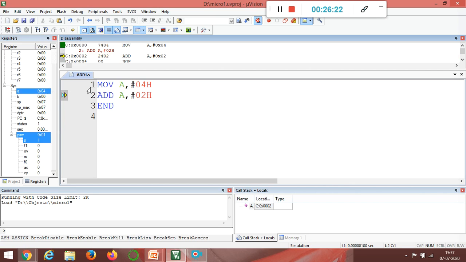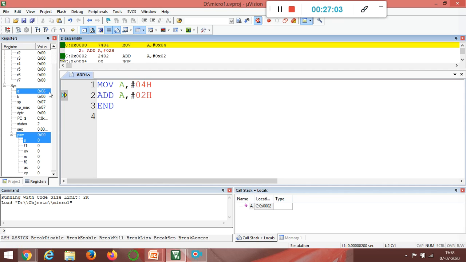So now you can see it has executed the first instruction. Before executing step-wise, the A value is 0. Now I press step, then the A value becomes 4. That is the output of the first instruction. Now when I press the second instruction, what will be my output? It is not equal to 2. It is an addition of 2 plus 4, because I wrote add here, I didn't write move. So the content of A, which is 4, is added with the immediate value 2, and the result will be stored in the accumulator. You can see here the answer is 6. This is step by step, you can see the output.